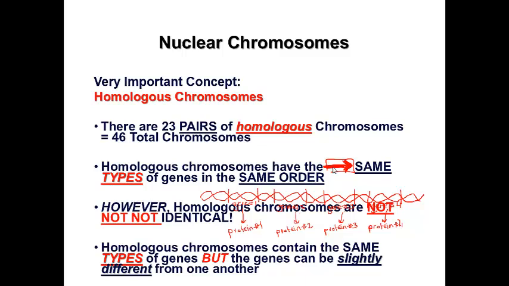Now, what I want you to do is that phrase right there, homologous chromosomes have the same types of genes in the same order. I want you to say that 3 times out loud, over and over again, while you're watching the screen. And then I want you to turn away from your computer, and I want you to say it 3 or 4 times more out loud. All right? And then I want you to think about it, and go back and of course do the readings. All right? And if it's still an issue, then please come in and see me.